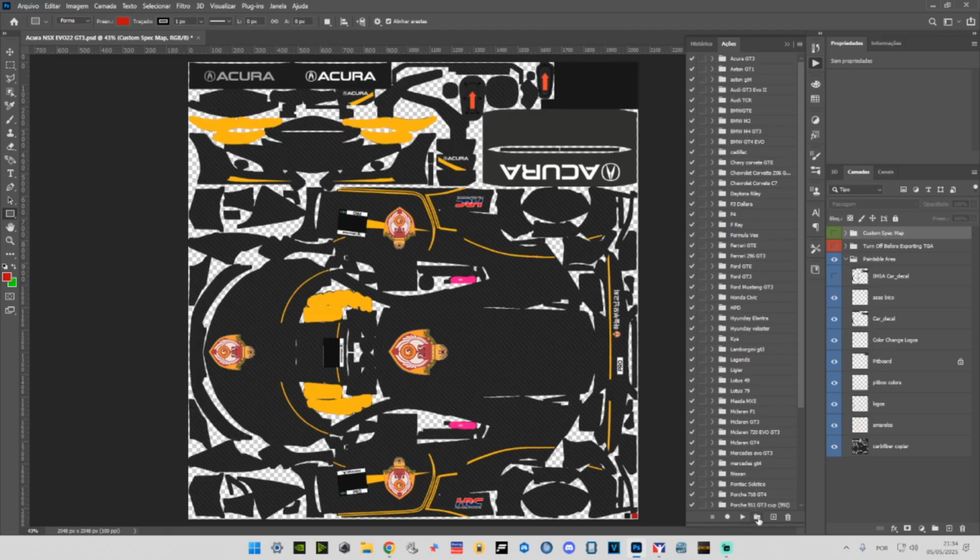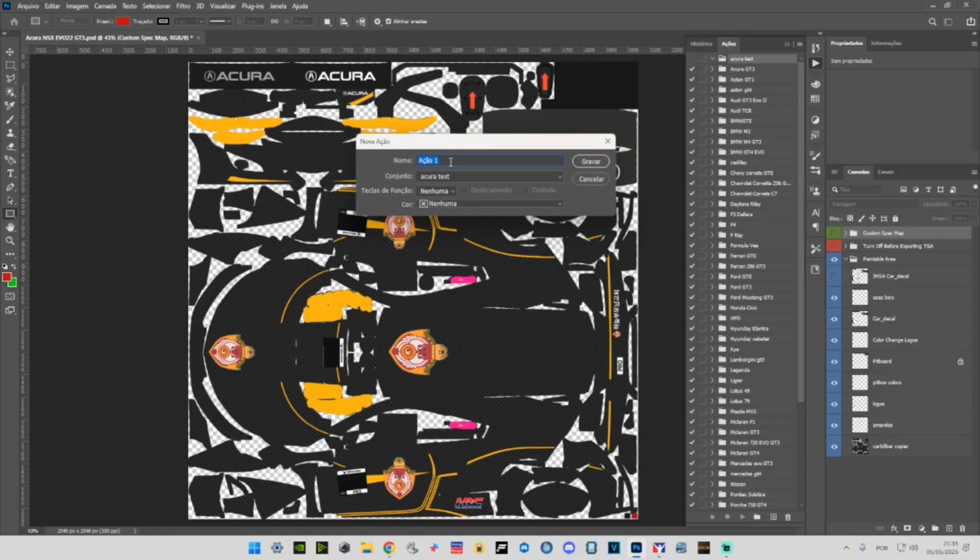First of all, we go to this folder on the bottom, and we're going to create a new group. We're going to call it Acura test. Okay, Acura test comes here on the bottom. We're going to bring it up. It's a little bit kind of slow. Okay, Acura test on top. So we select the Acura test, and then we're going to add an action. The first action is going to be called Targa,